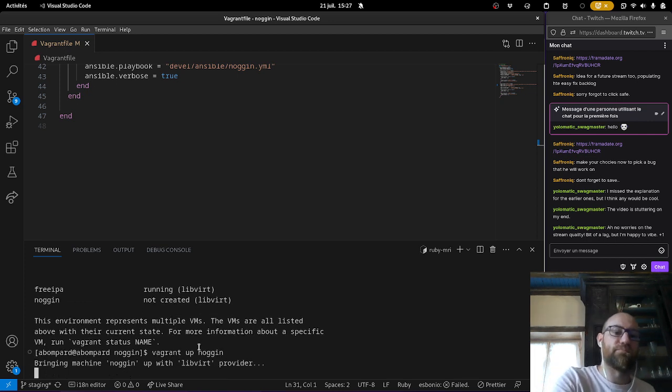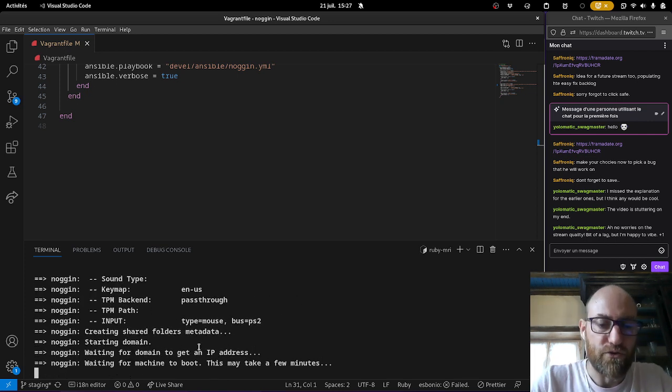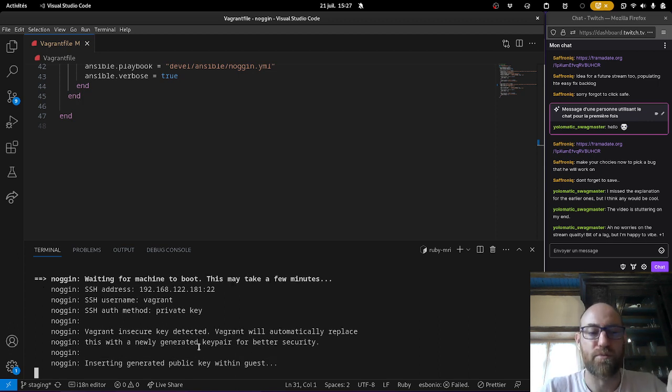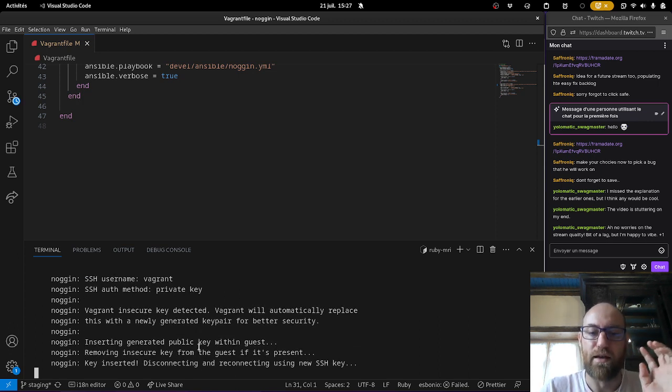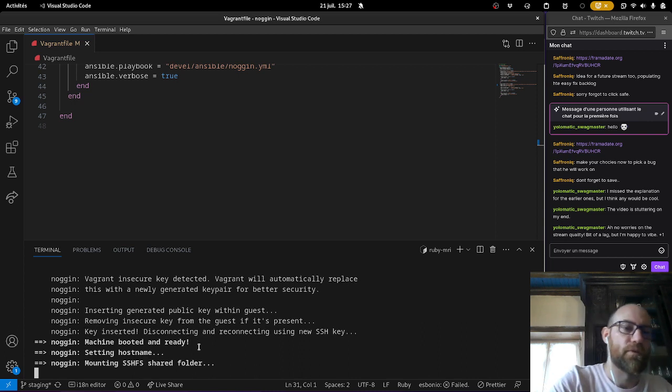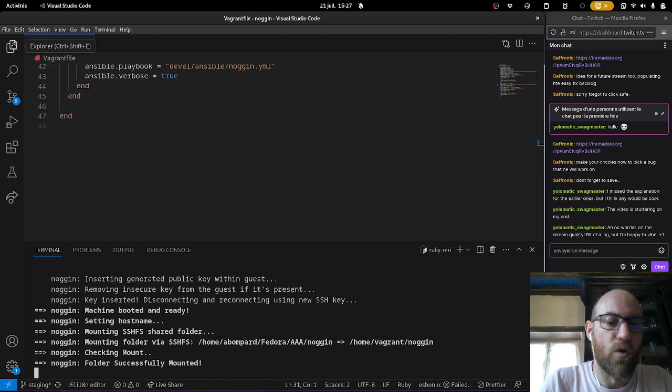Let's see if that works. So I'm going to start Noggin. Vagrant works by creating a VM where your code lives. It synchronizes your code directory with the VM, and we have configured it to run Ansible after it's installed. And we have an Ansible directory with playbooks, and they set up the machine to be a good environment for Noggin. I can show you that while it's running.